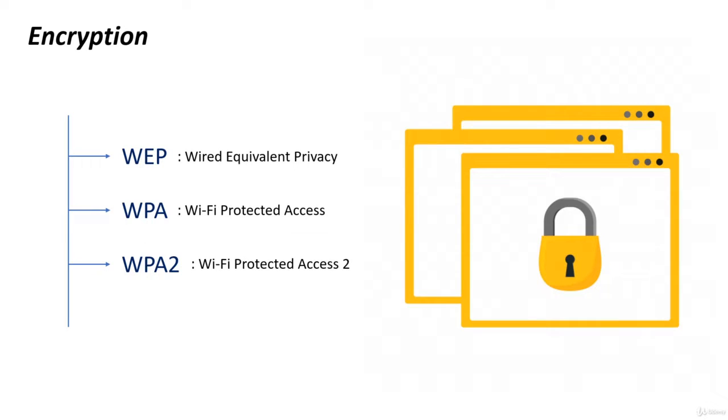WPA uses TKIP encryption, which wraps over the WEP packets to clean up some vulnerabilities discovered earlier and provide better security. So it was basically based on WEP. Hardware changes were not mandatory for WPA, as it was supposed to fix the vulnerability of routers that had already been shipped. At the same time, the Wi-Fi Alliance started working on a much more secure protocol,